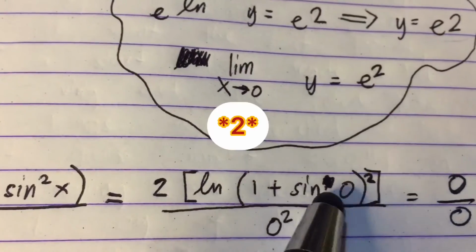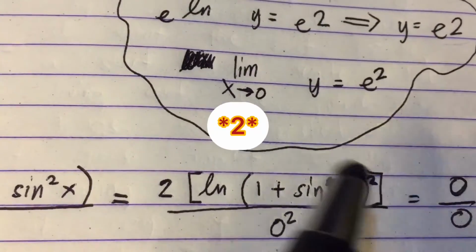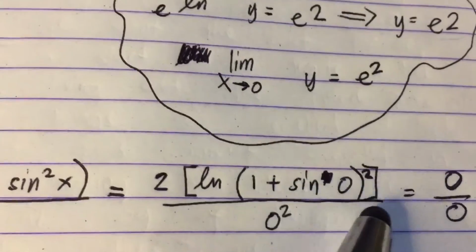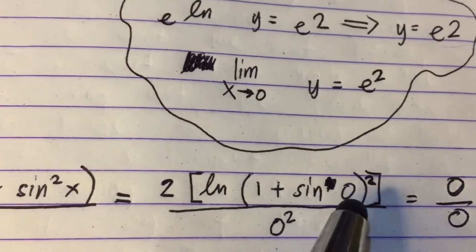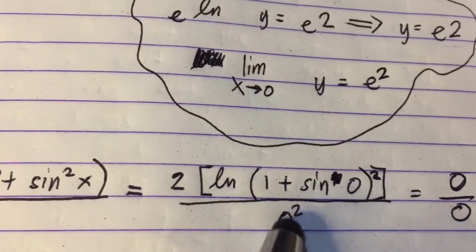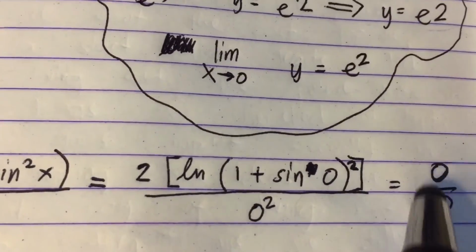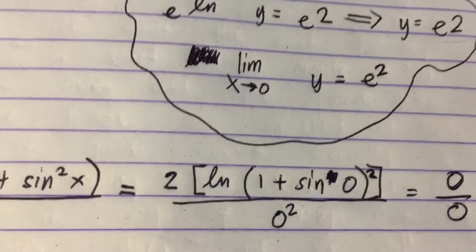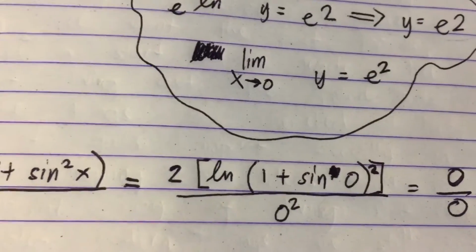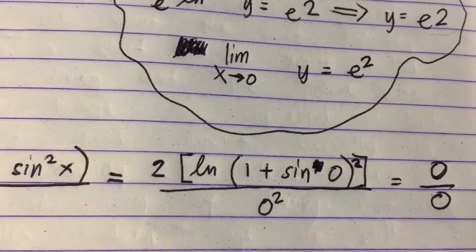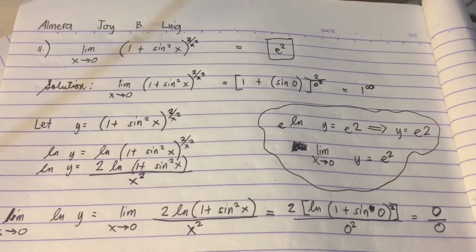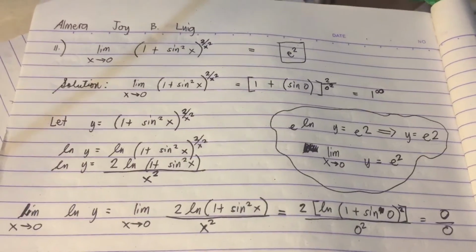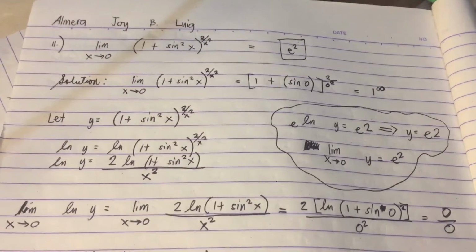We'll bring the 0 outside of the bracket because we substitute x by 0 over 0 squared, and we have 0 over 0, which is undefined or indeterminate. We get a wrong answer for the second time, and now we will be using